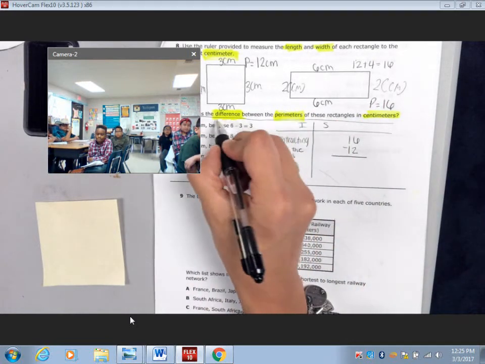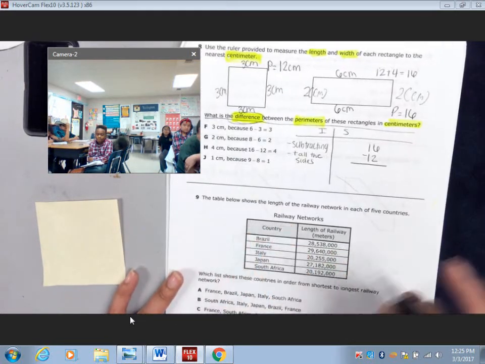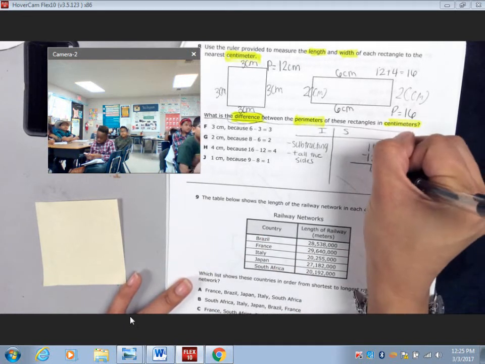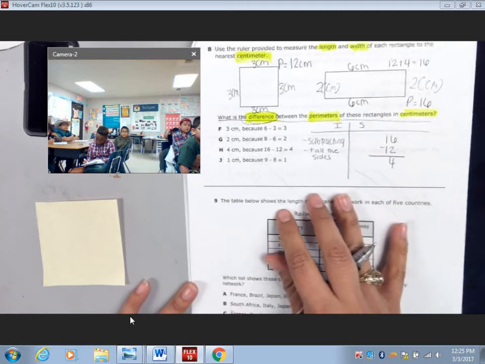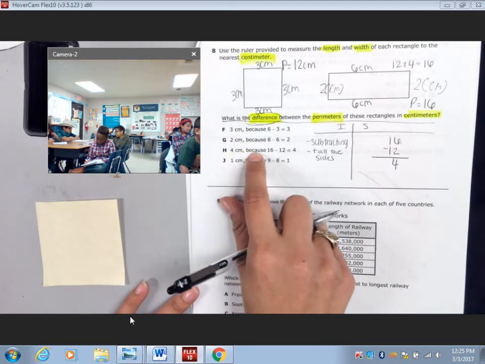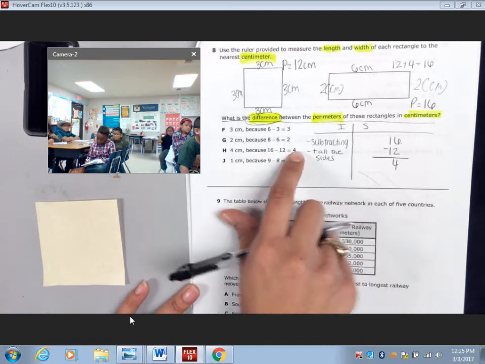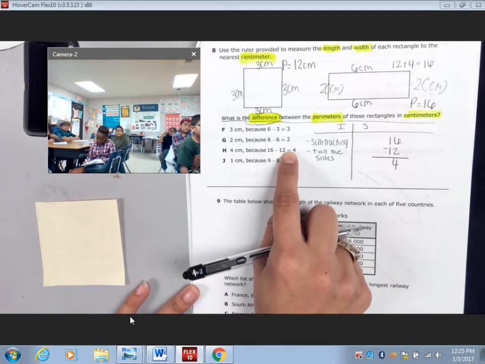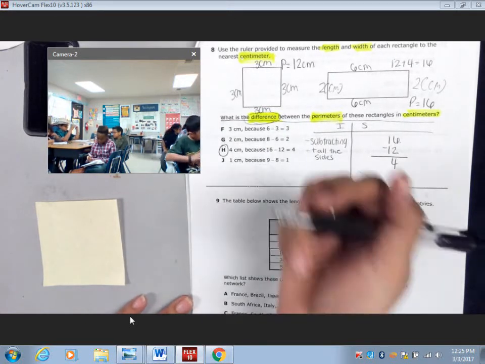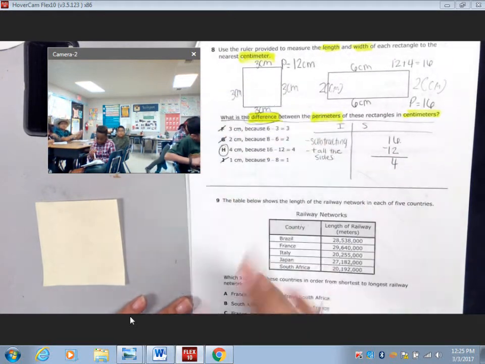Very good. They want to know the difference. Okay? And 16 minus 12. 6 minus 2? 4. 1 minus 1? 0. What is my answer? H. 4 centimeters because 16 minus 12 equals 4. This is the only thing that matches everything that we did. H. Very nice. Okay. And now,